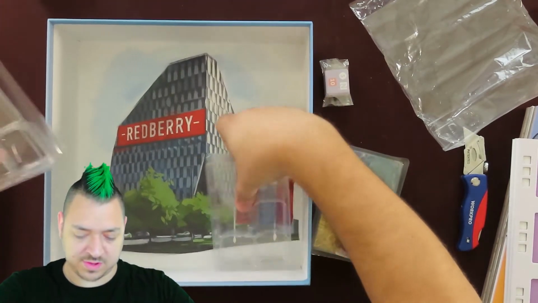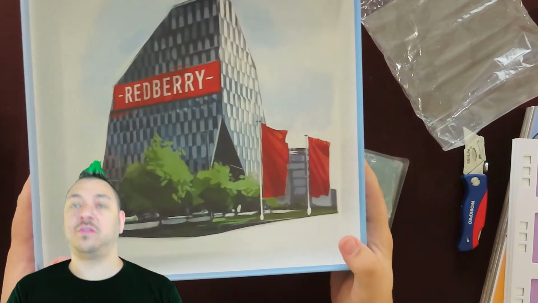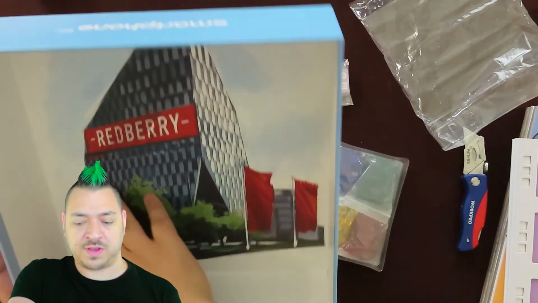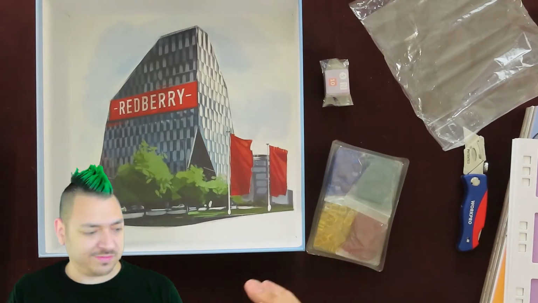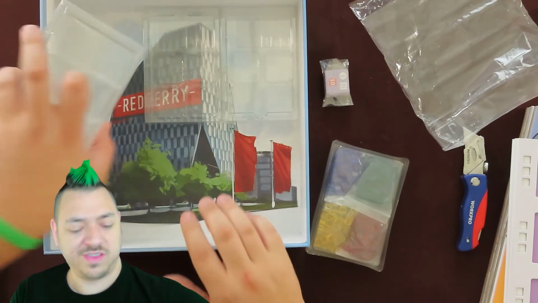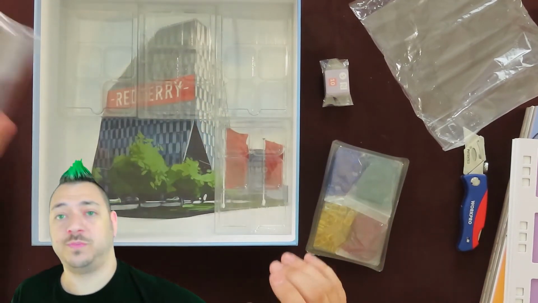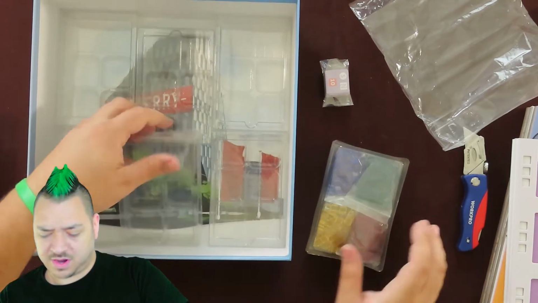Let's just pull these out for a second. And on the bottom is the nice little art picture of the Redberry building, which is, I'm assuming, their headquarters as you play, and if you choose to be Redberry. Alright, so